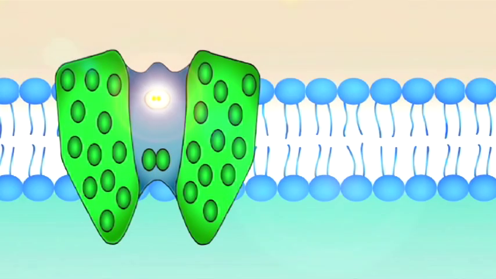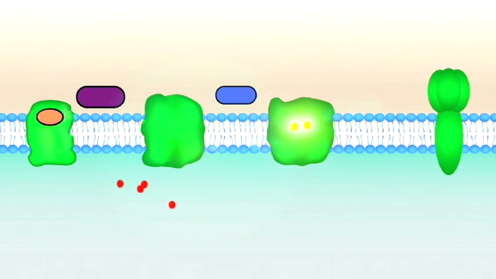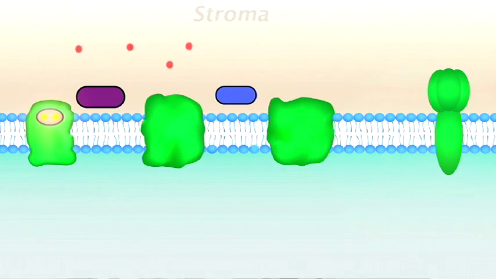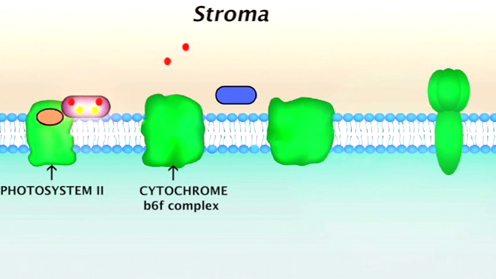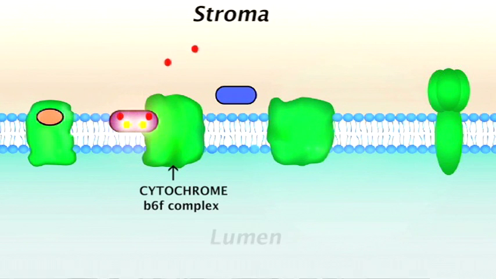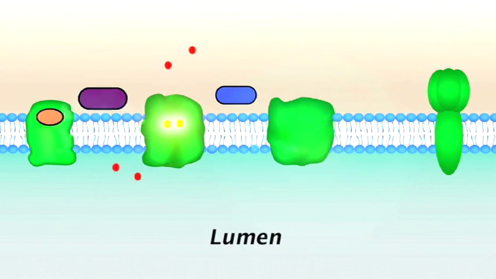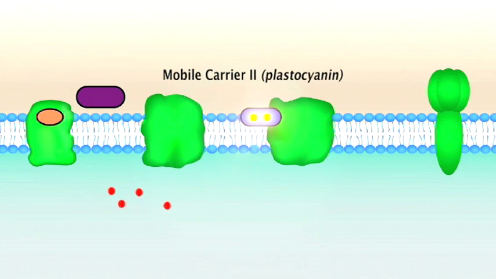The electrons from photosystem II are passed on to a mobile electron carrier molecule known as plastoquinone QB, which also picks up 2 protons from the stroma. The carrier transports the electrons to the cytochrome B6F complex and then releases the 2 protons into the lumen. And from there, the electrons are moved to a second mobile carrier molecule called plastocyanin, which carries them to photosystem